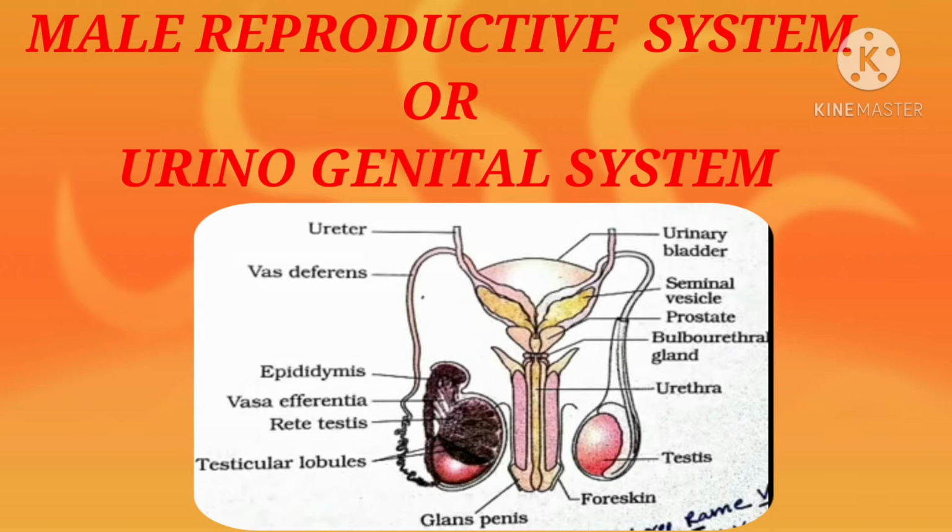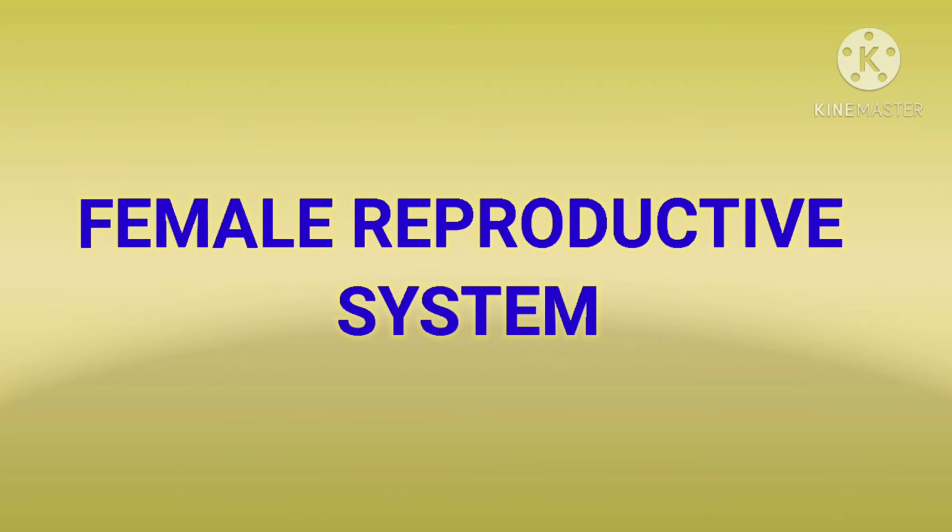I am Anamika and today I am here with chapter 8, that is reproduction in animals. In the previous video, we have read about the male reproductive system and their parts, diagram, that means everything about that, and why it is called the urinogenital system. In this video, we will read about the female reproductive system, that means the various parts of the female reproductive system and the diagram of the female reproductive system. That means everything about the female reproductive system. So let's start with the main parts of the female reproductive system.